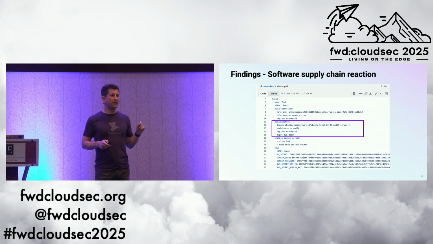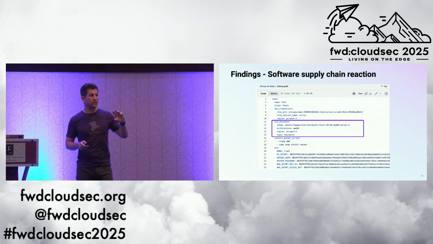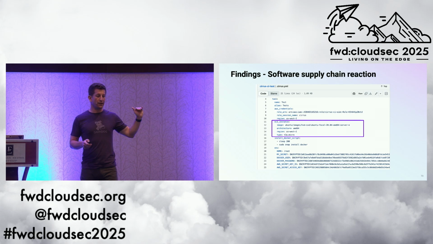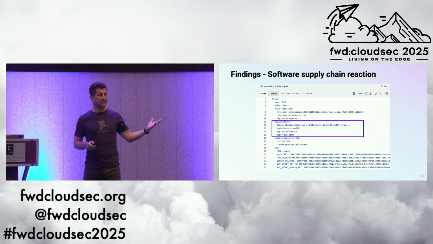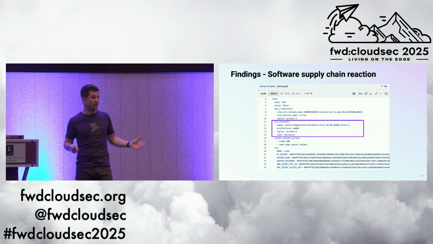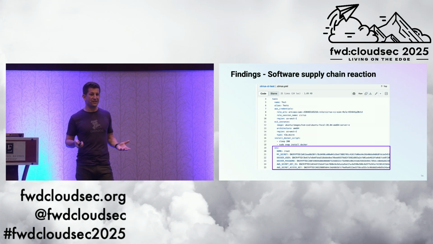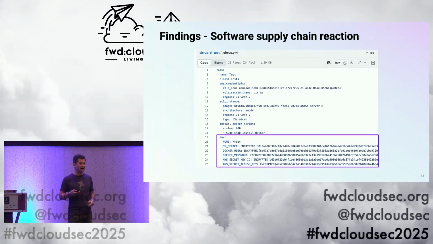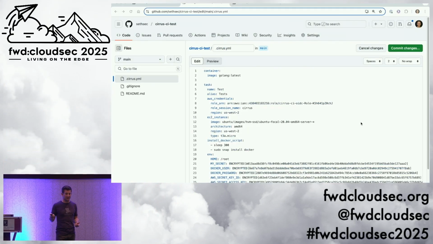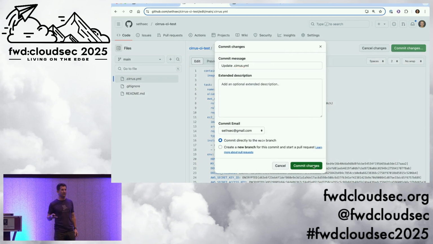And I noticed that a lot of their customers have this ability to use encrypted secrets. So you create the secret on the Cirrus CI side. It'll encrypt it. You put the encrypted value here, and then in the task itself, it'll decrypt and run. So I was like, well, that's a fun challenge. Let's see if I can get that self-hosted runner to call back to me, the attacker, and read these secrets. And so that's what I did. So here is a repository I created for this purpose. I'm going to commit my change, kicking off the CI task.